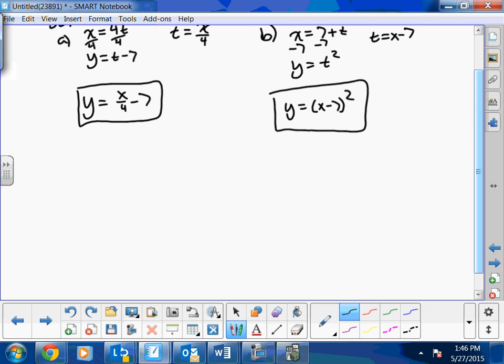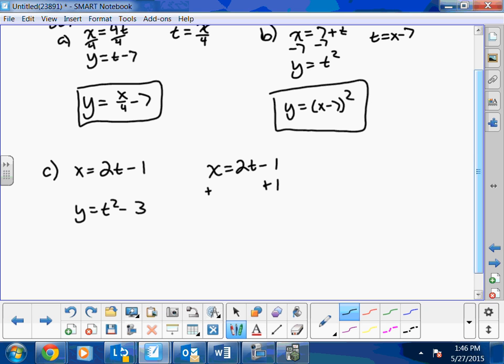Okay, the very last one: x is equal to 2t minus 1 and y is equal to t squared minus 3. So we're going to solve for t. Let me write it over here because this is going to be more than one step. It's a two-step equation. Plus 1 cancels out. x plus 1 is equal to 2t, divided by 2, divided by 2. t is going to be equal to (x plus 1) divided by 2. So when I place it in here,